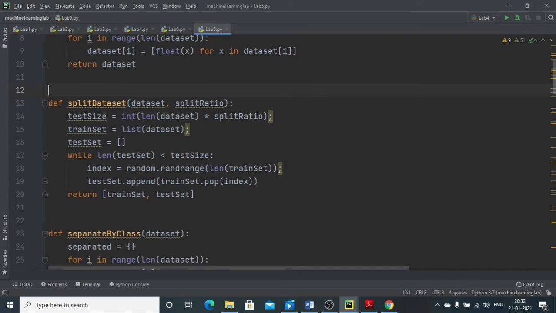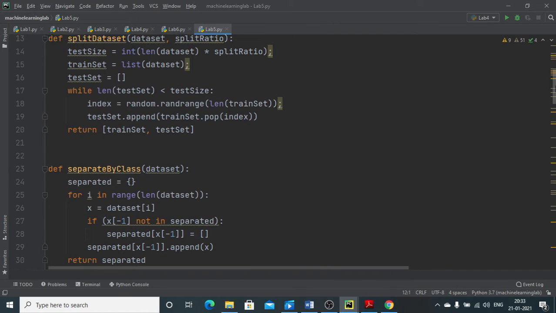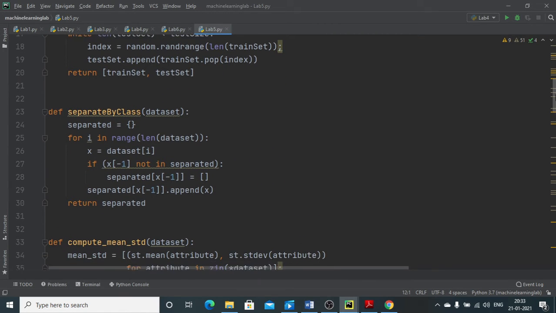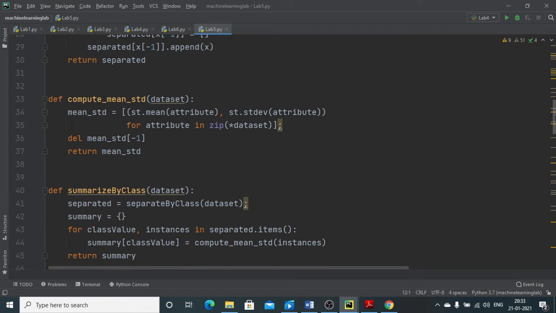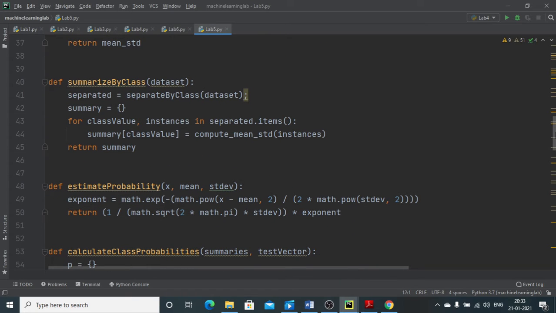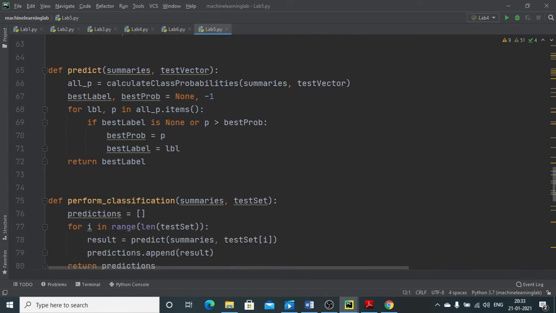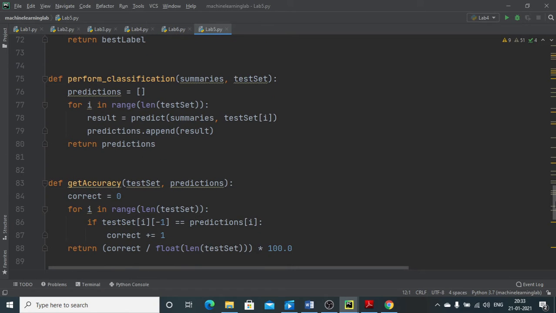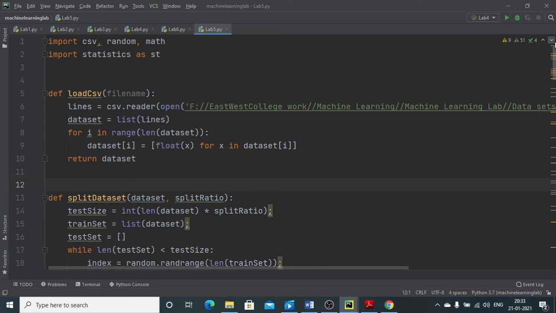Then we apply the algorithm: splitting the data set, separating by class, computing the mean and standard deviation, summarizing, estimating the probability, calculating the probabilities we estimated, predicting the output, then performing the classification and seeing what accuracy we get. That is what is implemented accordingly, as we just understood from the video clip previously.